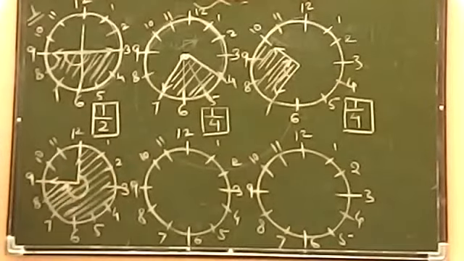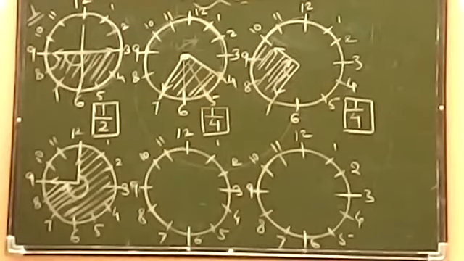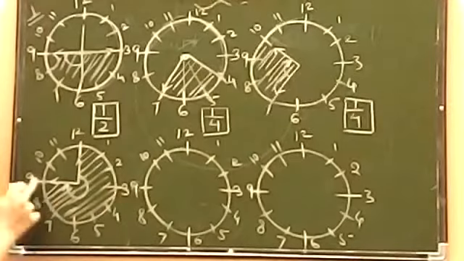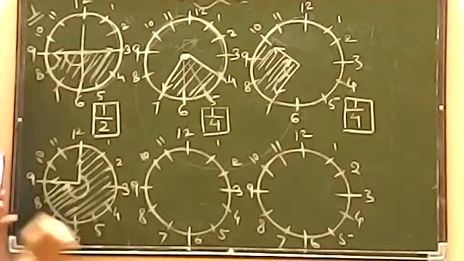See this, 12 to 9. आप 12 से start कर रहे हो, 9 तक जा रहे हो. How much part you are covering? 1 part, 2 part, 3 part, 4, 5, 6, 7, 8, 9 parts. And 3 part matlab one right angle. And you are covering 9 parts. So it means your answer will be 3/4.